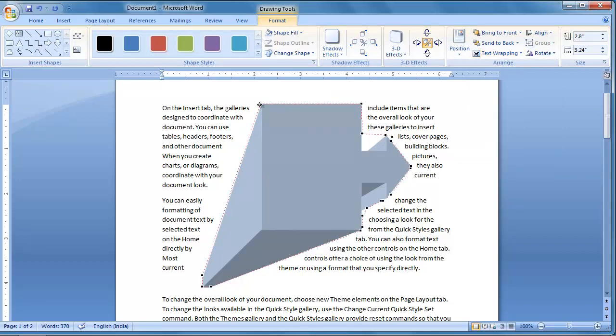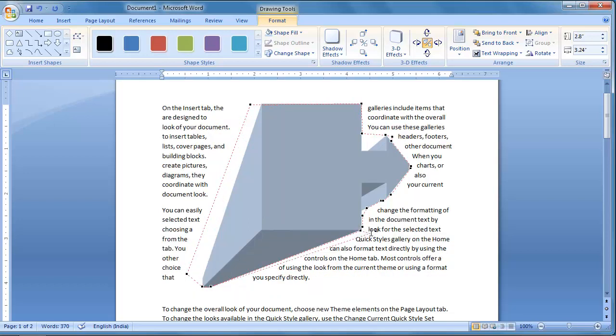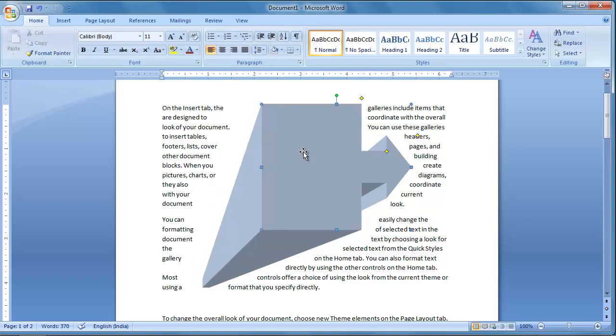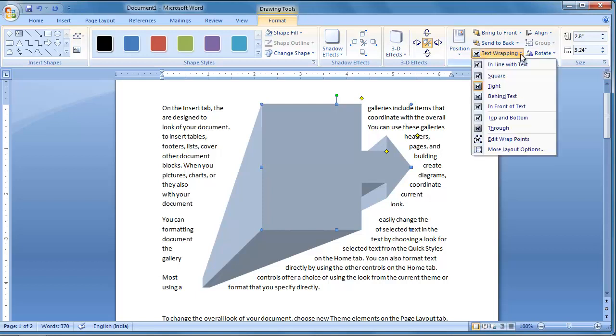If you want to move the text far from the picture, we can take the help of these wrap points so that we'll get some more space. This is also useful for shaping the curves. Which option? Edit wrap points.